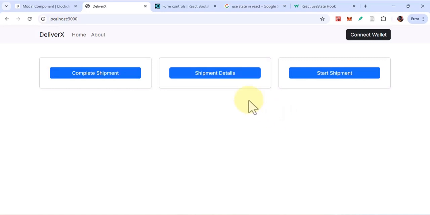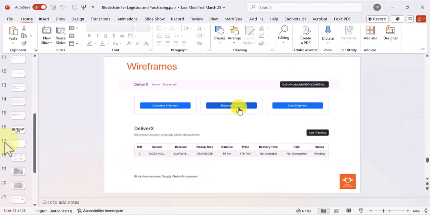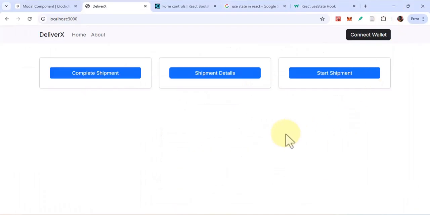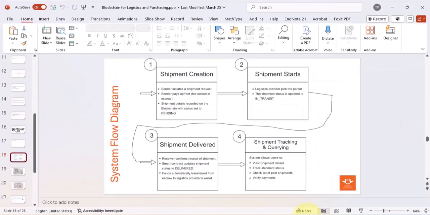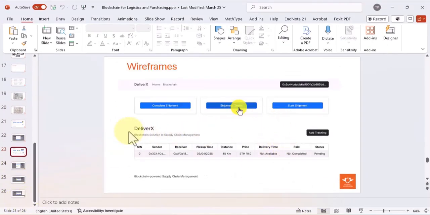But notice that we can't start the shipment that has not been added. If you look at our application flow diagram, we need to create the shipment first before we can start it. So let's just work with that flow, because it is the logistic company that will come here to start the shipment, but we need to now proceed based on what we have on our wireframe to create this particular side